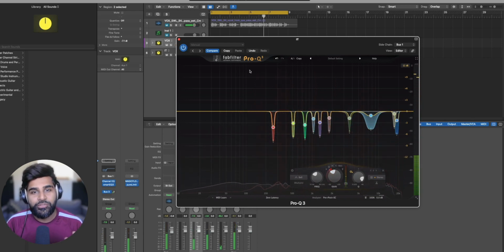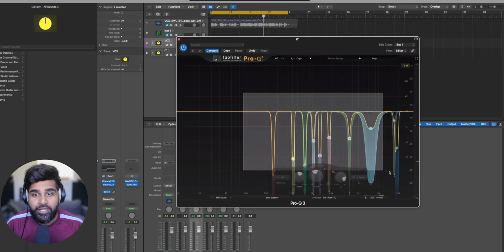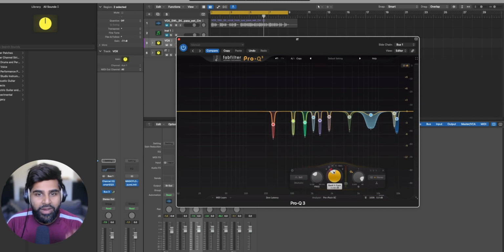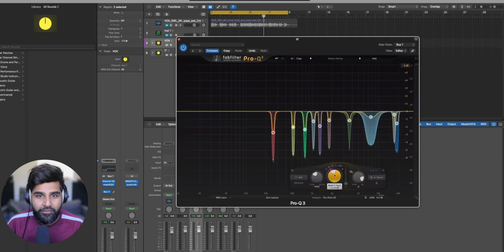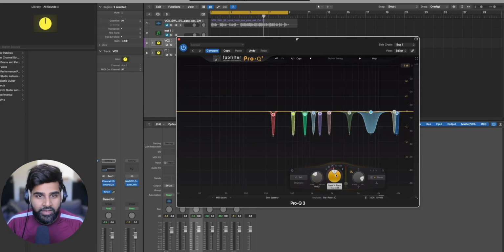All right, so now those frequencies are being reduced. Again, I usually like going to 3 dB because you really don't need that much. You just need very minor changes. So again, go to 3 dB, and these changes should be very, very minor. You should not be changing it so much. So even dynamically, we're just going to go a few dBs, go back to 3 dB, then